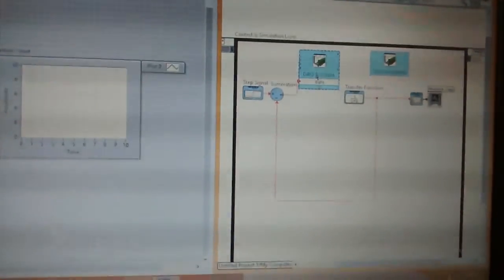Here I am connecting my error signal to this DAQ assistant. This will send an analog signal, analog output to our hardware.